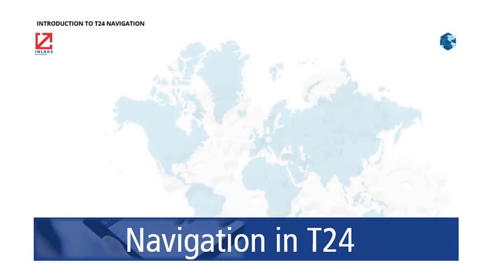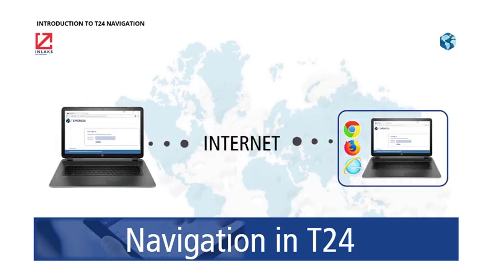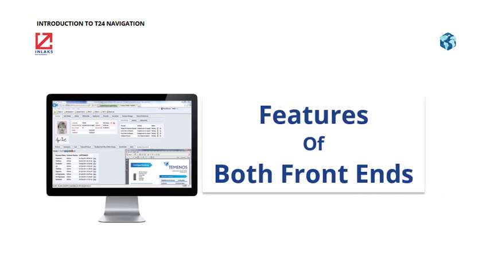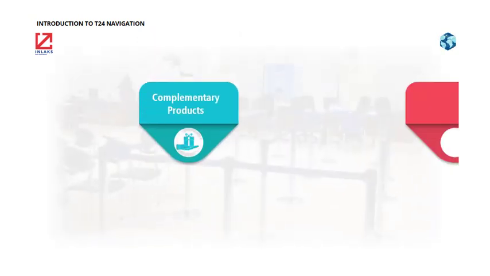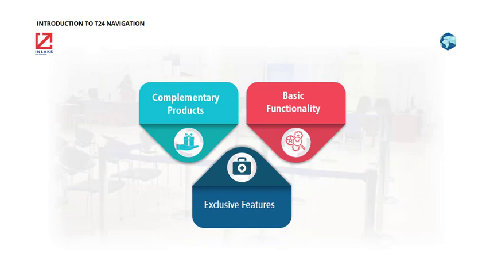Navigation in T24. The T24 application can be operated with 2 different front ends, namely Browser and Classic. Features of both front ends: both are complementary products, and they provide the basic functionality required. Each has their own exclusive features, such as: